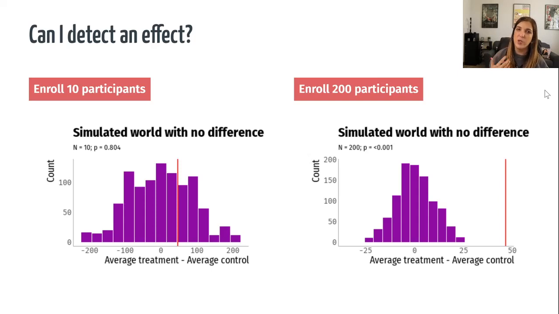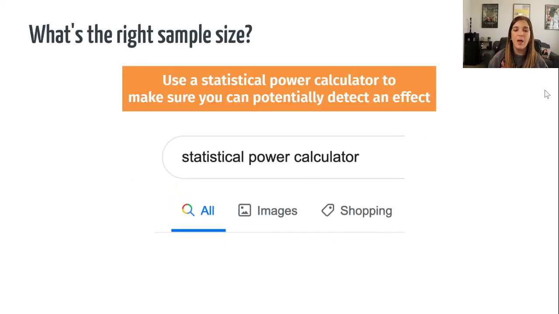So again, the sample size of your study matters, but a lot of other things matter as well. Okay, so it depends on the power that you want to have. It depends also on the expected size of the effect that you want to identify. All of those things. So the best thing here is to use a statistical power calculator to make sure you can potentially detect an effect. And in that sense, you can move a lot of different things. You can move your sample size, you can move how many people you assign to treatment or to control. All of those parameters will affect your